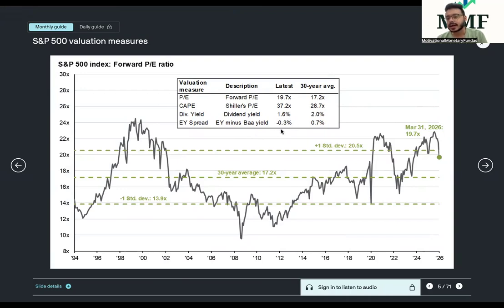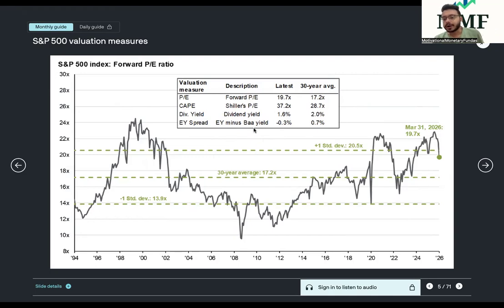This currently stands at minus 0.3%. The 30-year average has been 0.7%. It means the bonds are giving you a better yield vis-a-vis the earning yield at the benchmark level, right? It means the earning yield of the equities has collapsed or is beginning to collapse at the index level, but the bond yield is giving you better income or better returns versus the S&P 500 as of now at the index level. The hyperscalers, being the Magnificent 7 or Magnificent 10, might be the outliers, but at the index level,